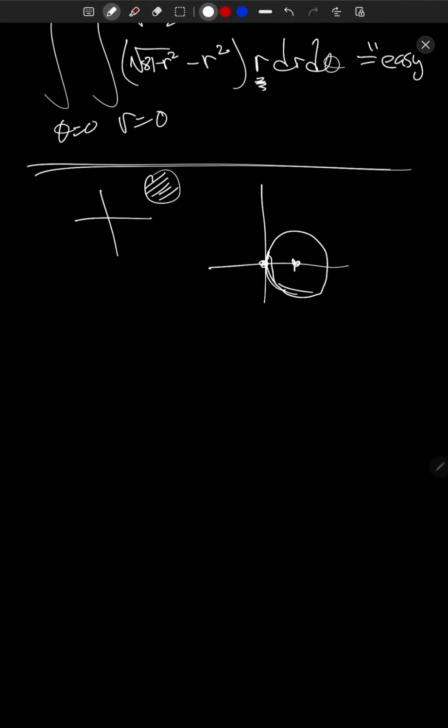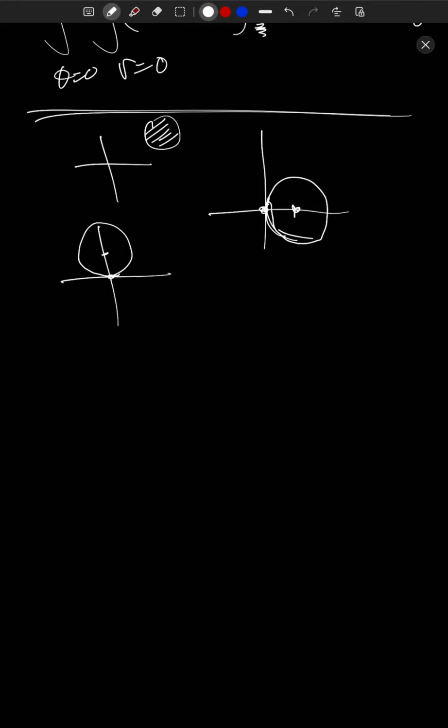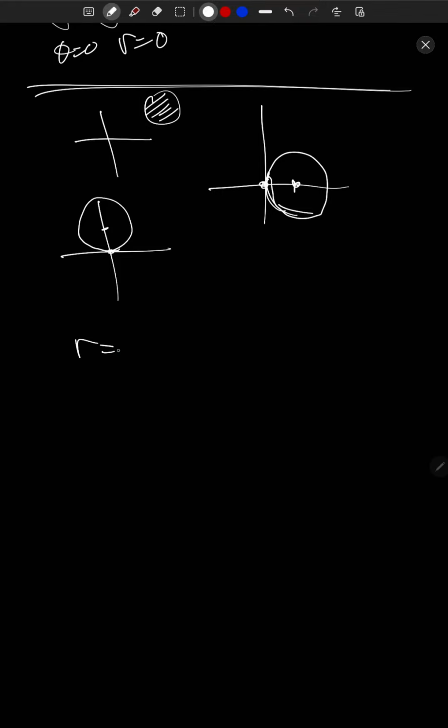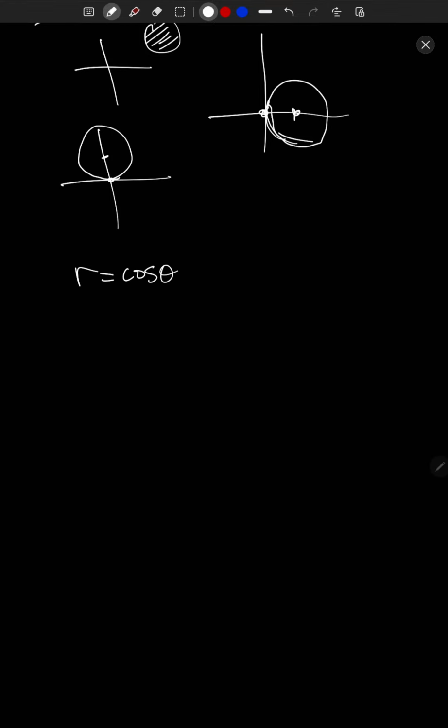that just touches the origin. Its center is on the x-axis, or a circle up here that just touches the origin. Its center is on the y-axis. So these guys actually have really nice formulas in terms of r and theta. So for example, if I look at r equals cos theta, that's a really nice formula. That's equivalent to r squared equals r cos theta. R cos theta is x. R squared is x squared plus y squared,